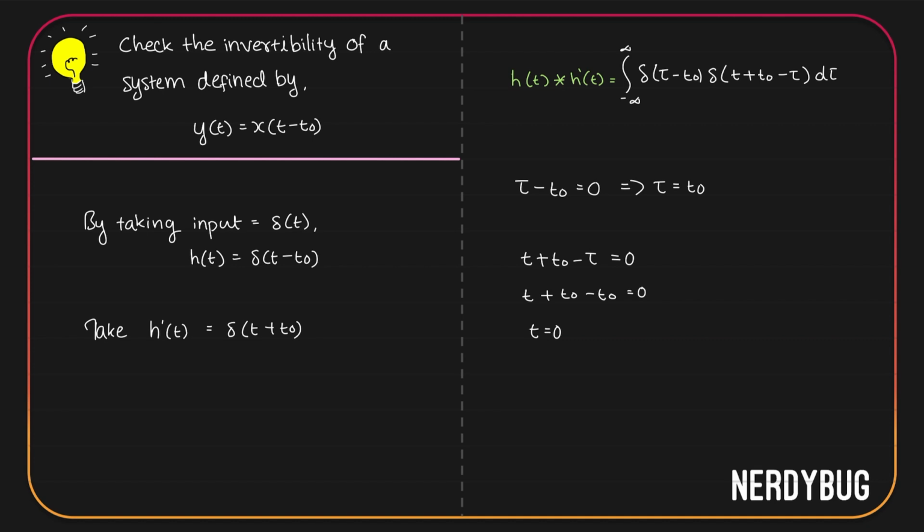So both of them are non-zero at t equal to 0 only. They are overlapping at t equal to 0. What do we call a function that only has a non-zero value at 0? An impulse function. Given that these two are also impulse functions, the magnitude is also going to be 1. So the convolution of h of t and h dash of t is delta of t, which is enough proof that these two functions are inverses of each other.